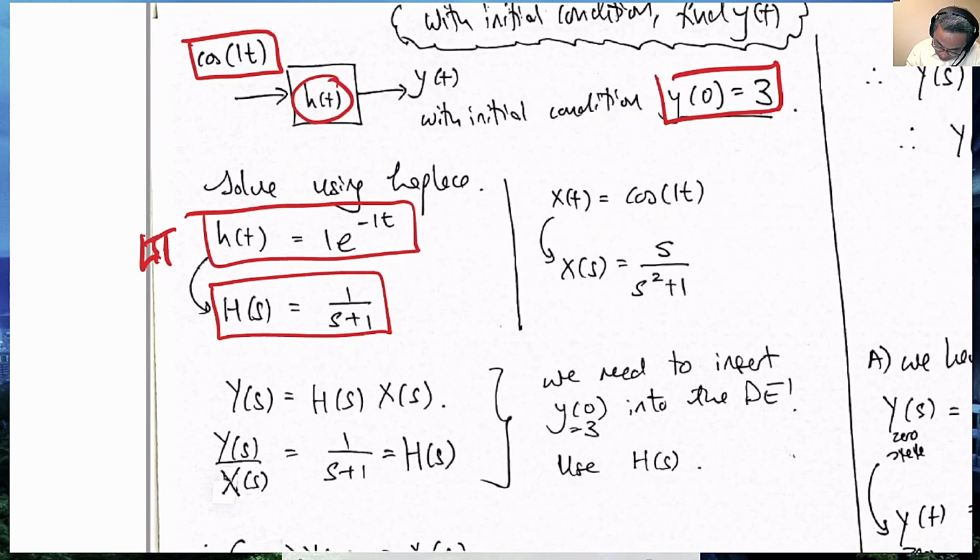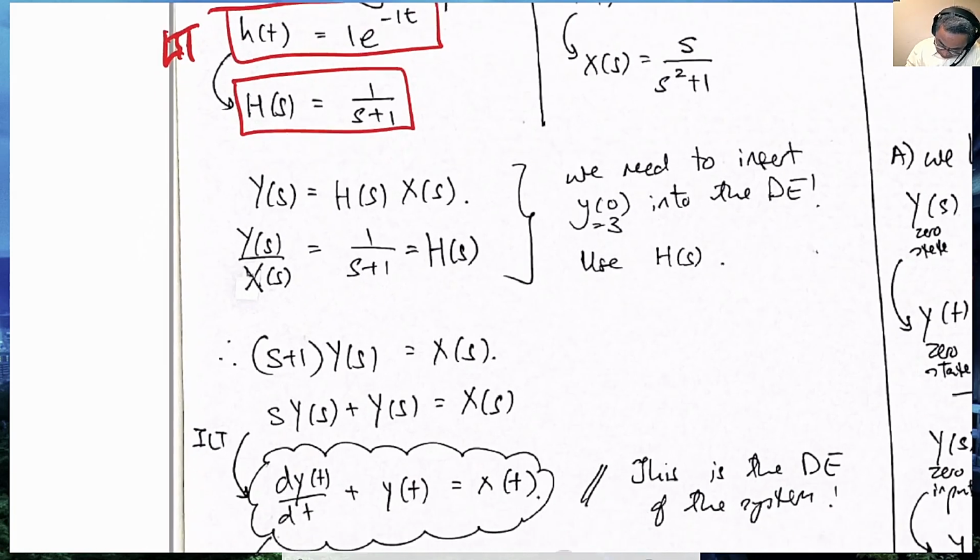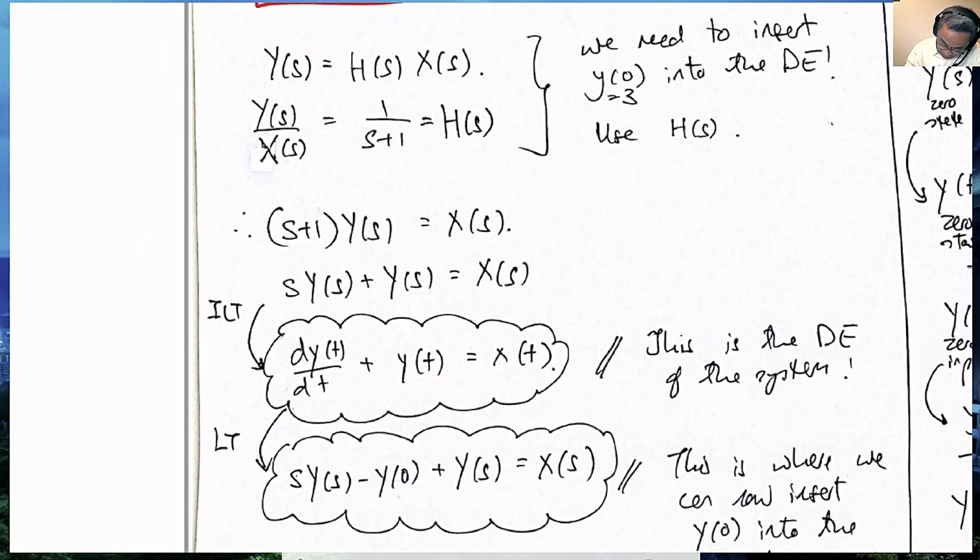Alright, what do we do? Well, we are just going to express h of s first as ys over xs, which is the expression given to us. And now with this we can bring the denominator to this side and the numerator to this side,